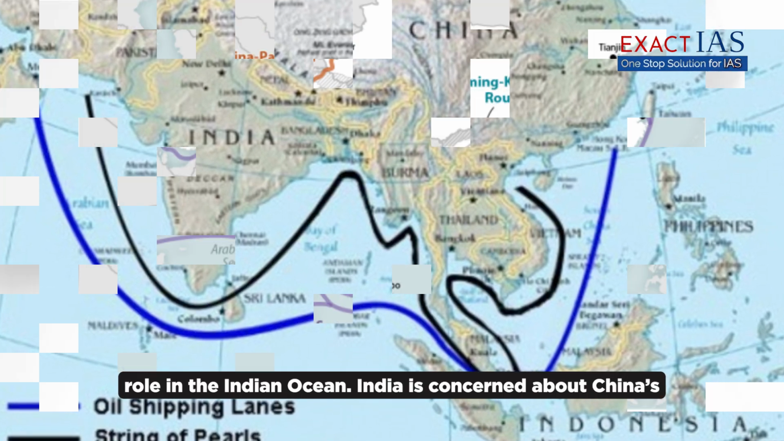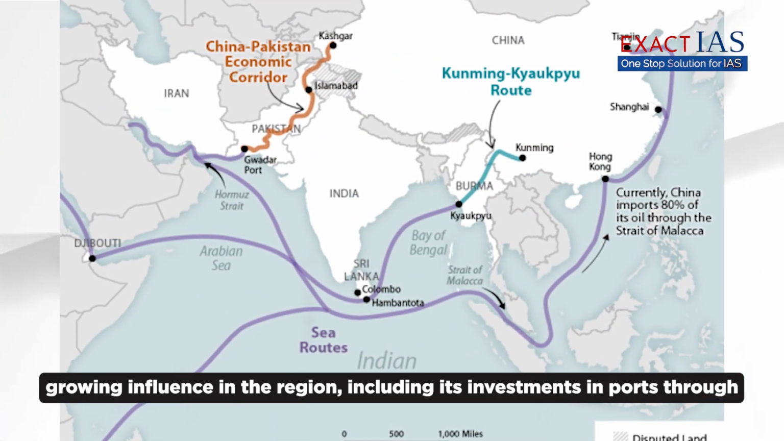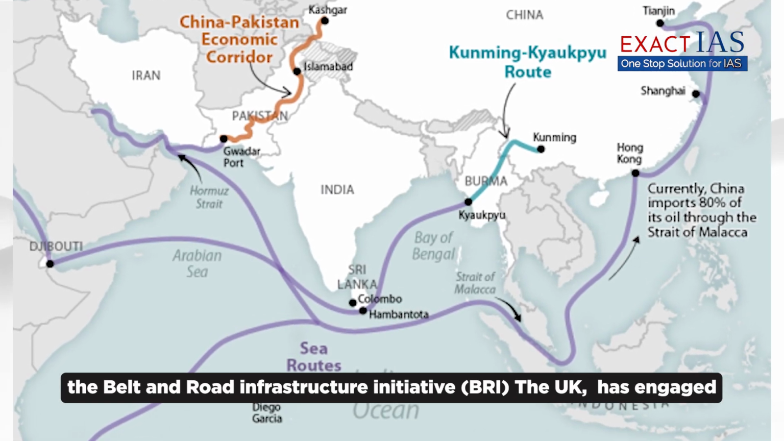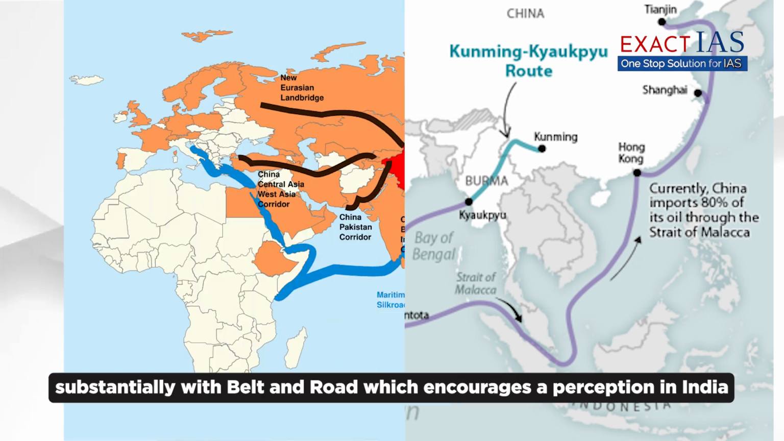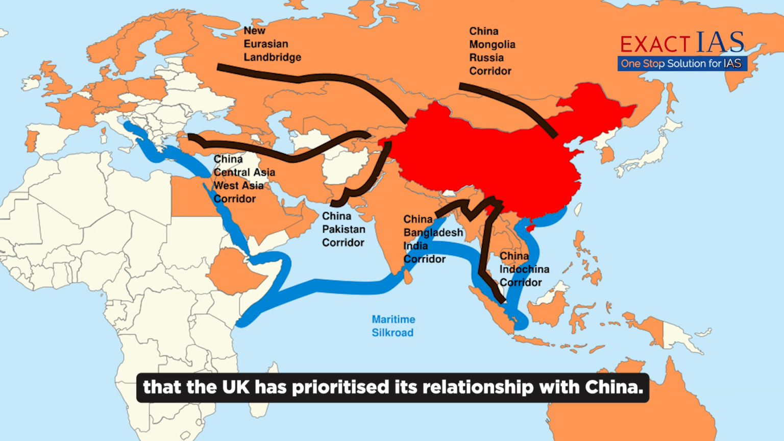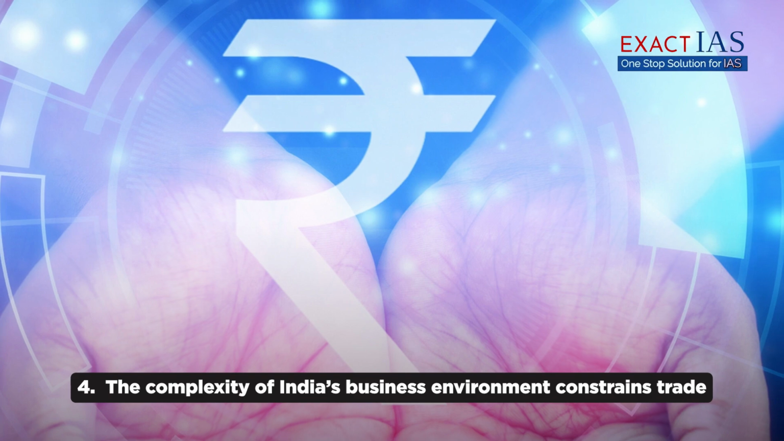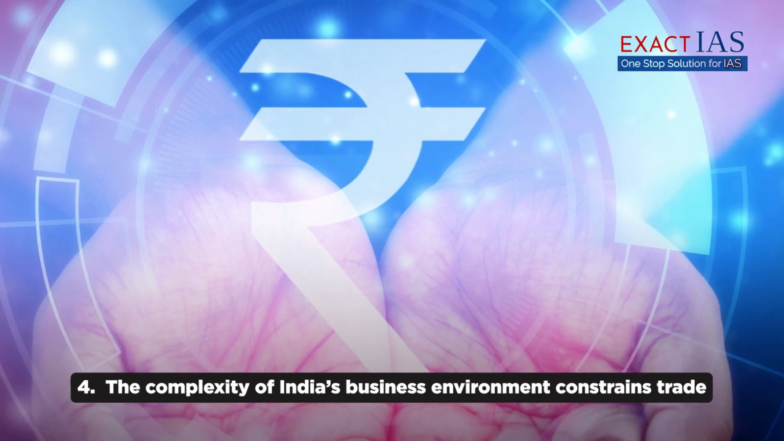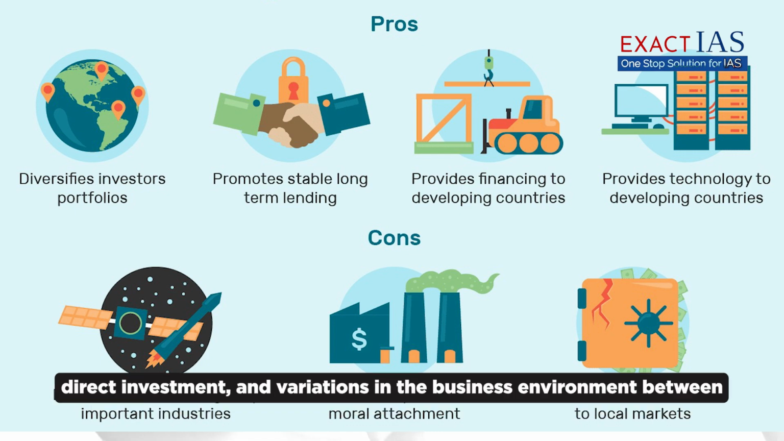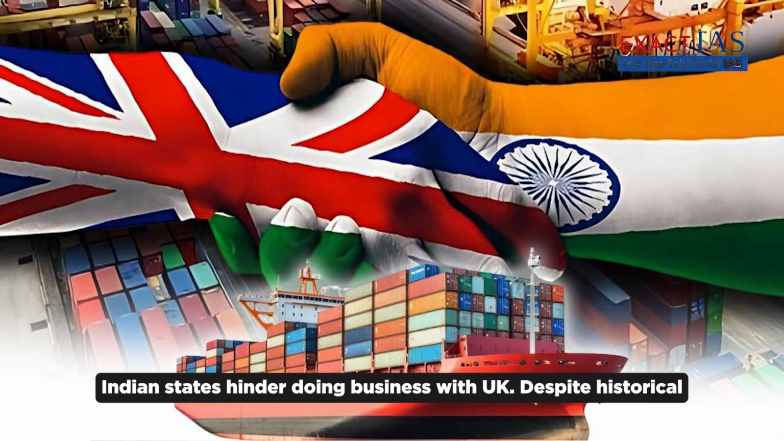India is concerned about China's growing influence in the region, including its investments in ports through the Belt and Road Initiative. The United Kingdom, however, has engaged substantially with the Belt and Road Infrastructure Initiative, which encourages a perception in India that the UK has prioritized its relationship with China. Number 4. The complexity of India's business environment constrains trade and investment. Complicated laws on tax, imports and foreign direct investment, and variations in the business environment between Indian states hinder doing